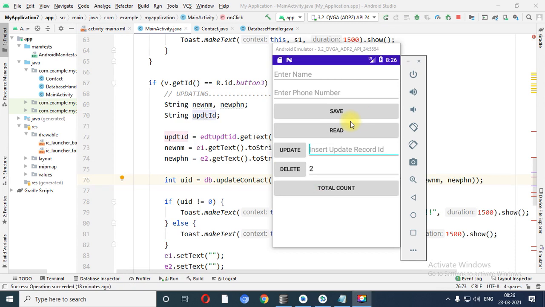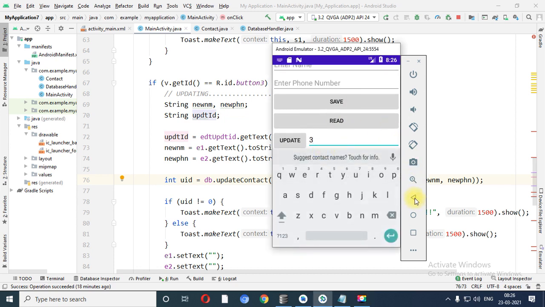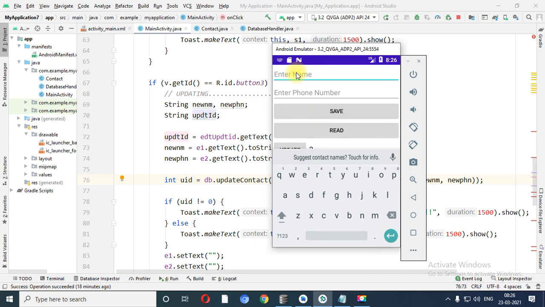Now if you want to update the records, at that time what you need to do? You need to give the update ID, that is the record ID is 3. Then enter name. Instead of Sudama, I want to add Krishna, and instead of that phone number I want to add 9.